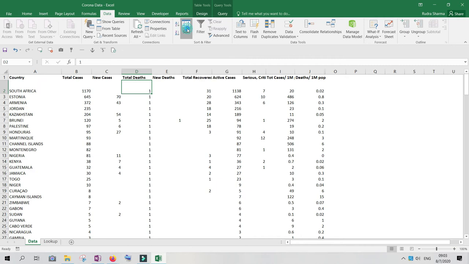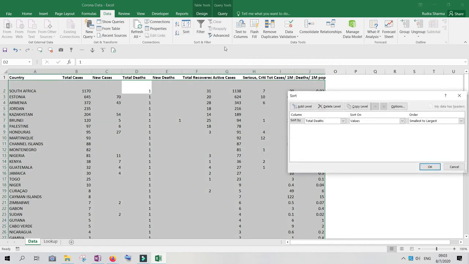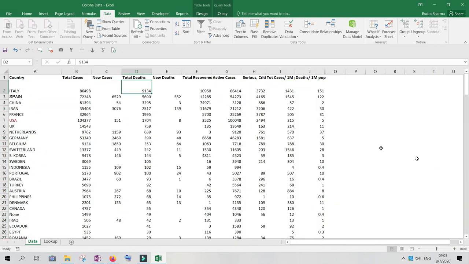Click Sort, it selects the entire data range, and now it is sorted by total dates, smallest to largest. Let us make it largest to smallest, and then by country A to Z, ascending order. So what happens now is it shows first total dates, then the ascending number. It's old data, that's why it is showing like this. Don't get confused. So that is how sort works.